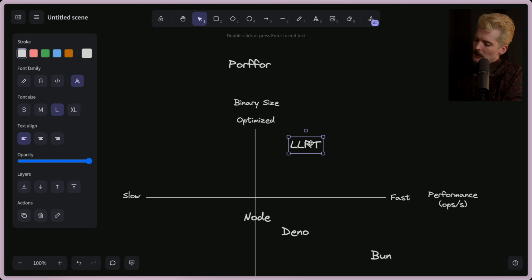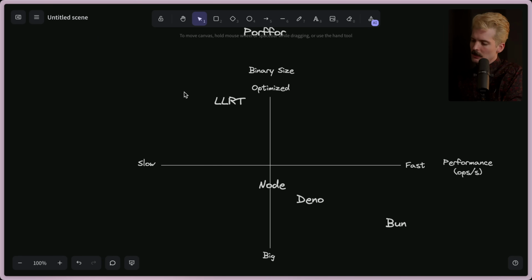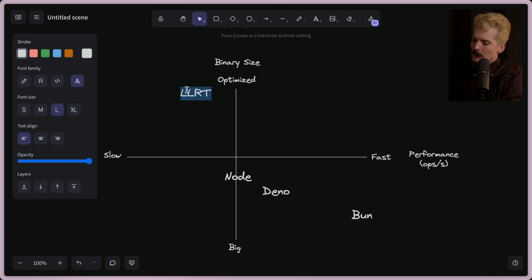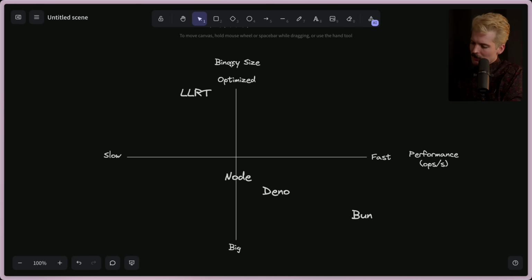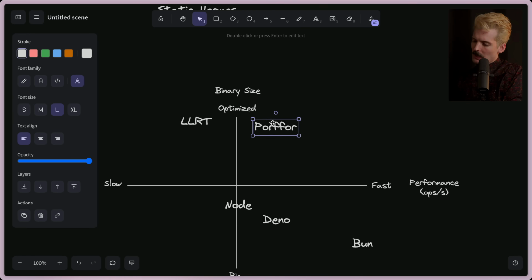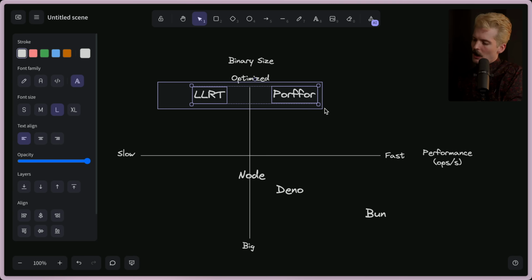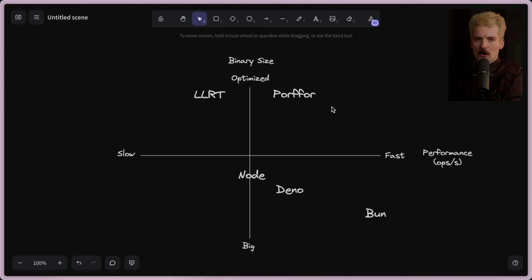And then LLRT, this is where things get interesting, because they're taking a hit on the performance in order to make the binary size, the actual file that has to ship to a machine to run, way more optimized. LLRT is one of the few solutions optimizing for binary size. It is willing to take a hit on performance to get there. That's why Porffor is so interesting, because it's trying to get there without the performance hit. These are arguably two different directions, but the goal is the same, of optimizing how much has to ship to a user or to a Lambda or wherever it has to in order to actually execute the code.